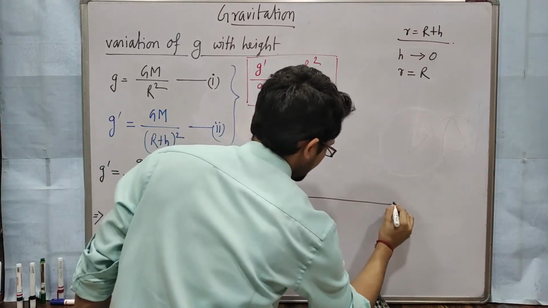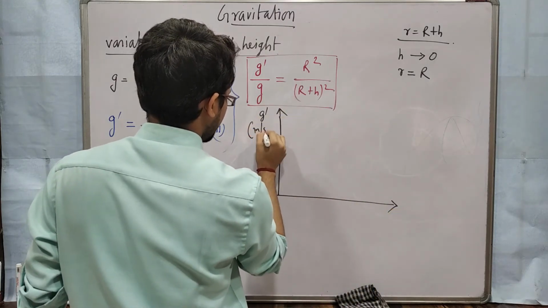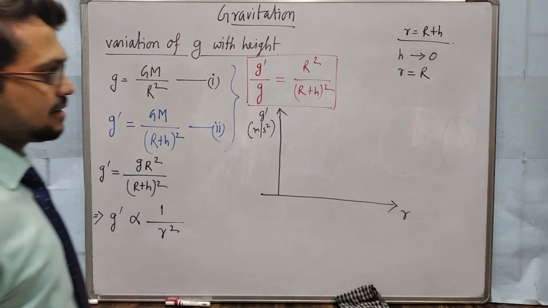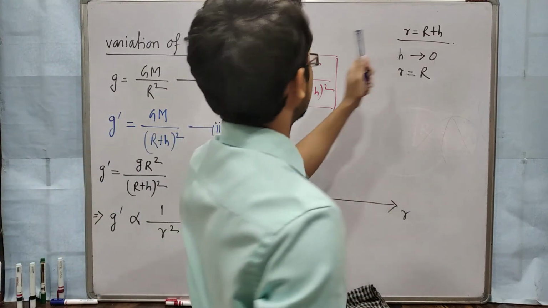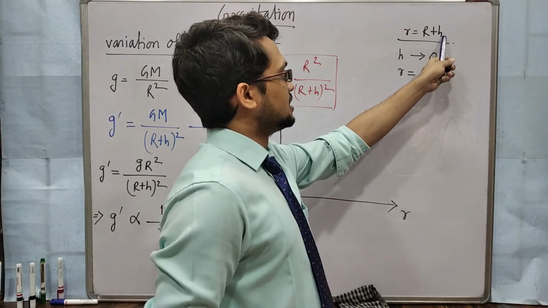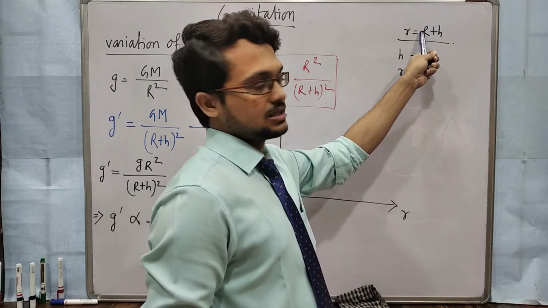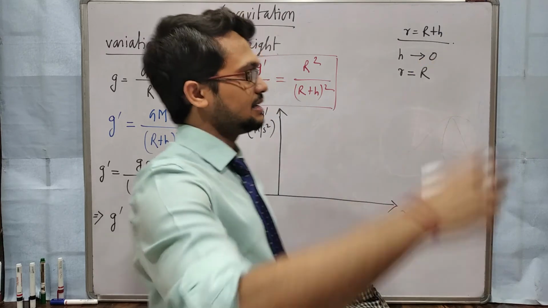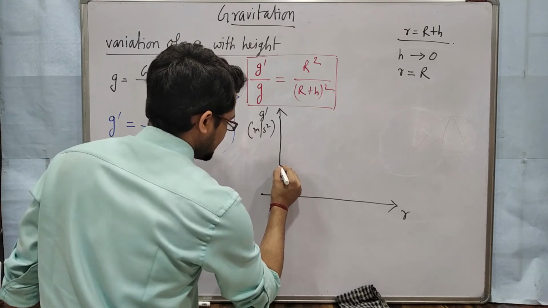So this is g prime in unit meter per second square, and this is r. Small r is measured from the center of earth. But here we are taking g with height, so we will change only the height, because the radius R is constant. The radius of earth cannot be 0, so h will be 0 at the first point, then we increase h. So we will study how it is made. So suppose this is our earth.